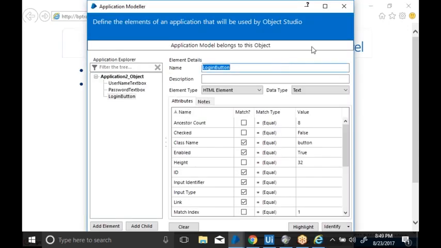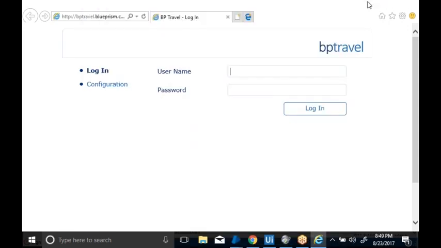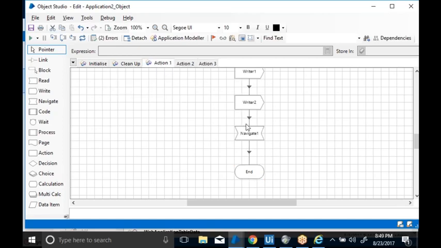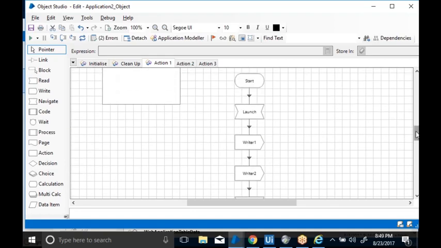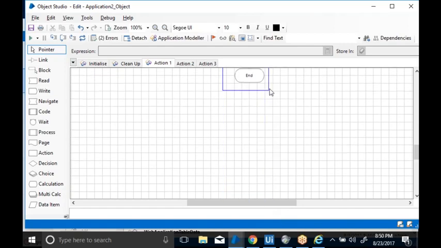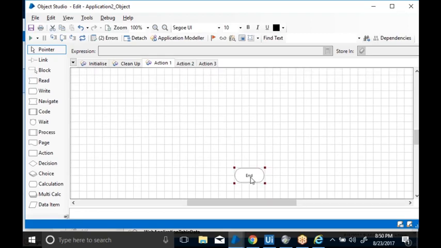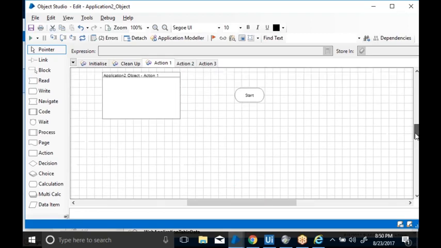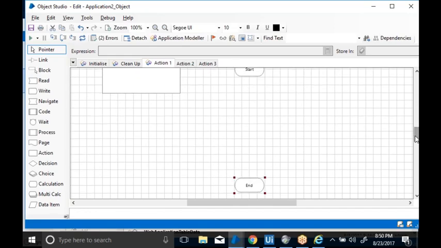Now how can I do those actions? Those actions will be done in the object studio. By using what? By using the stages. Now let's think, for suppose you want to log into Gmail. What do you do? To log into Gmail, first you will open Gmail in the browser, like you are launching Gmail in a browser.